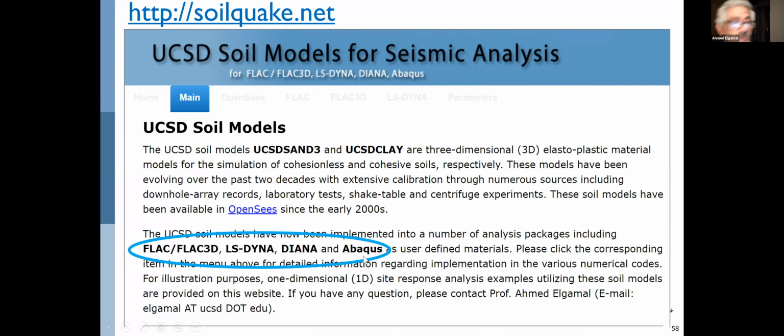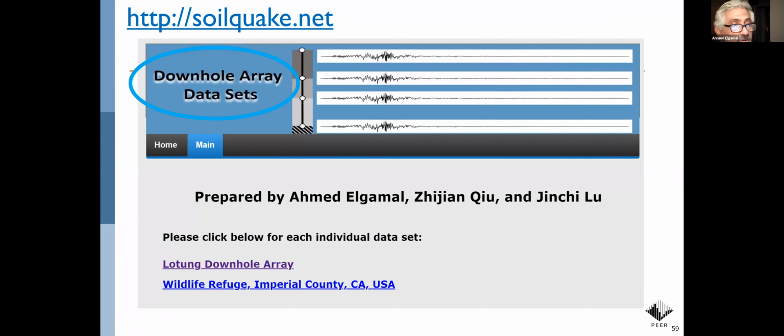So there are versions of those available now if you'd like to use them in these other codes. Also, with the emphasis on downhole arrays as a way to calibrate models, there is a page that has the Lotung downhole data and the Wildlife Refuge data available that you can download and use for your analysis and